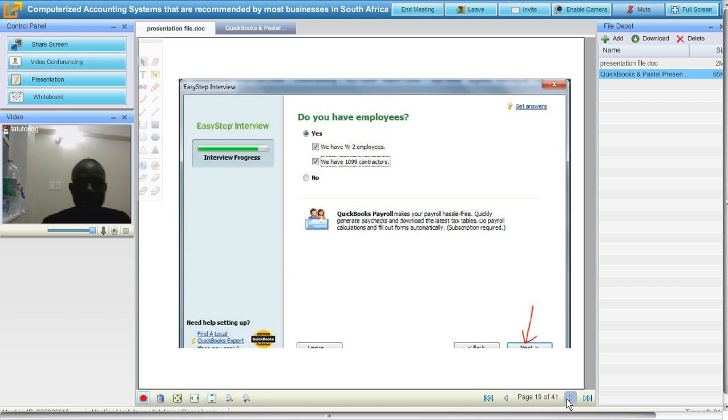W2 employees are employees that are on your payroll and have payroll tax, which is deducted from their salaries. That's what we call W2 employees. And 1099 contractors are subcontractors who receive a 1099 from your company. So if you do have employees, then tick that. If you don't, just click no and click next.